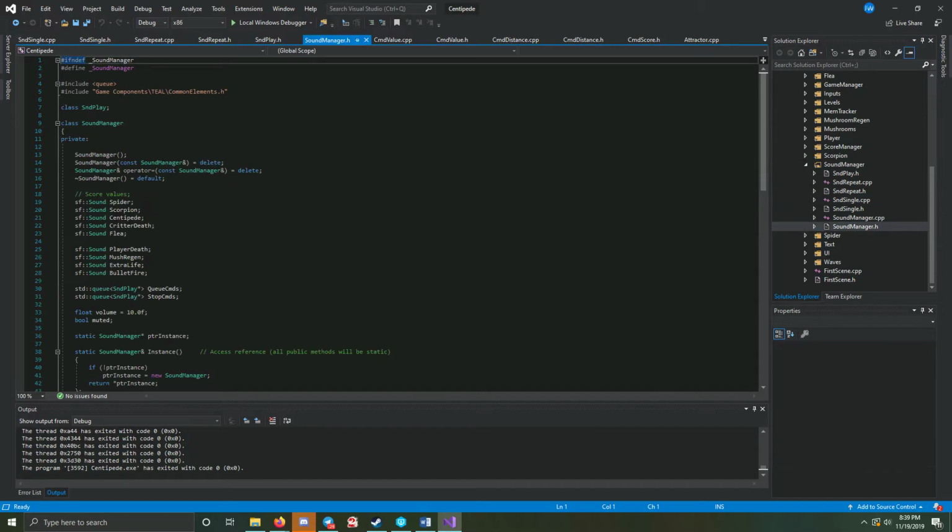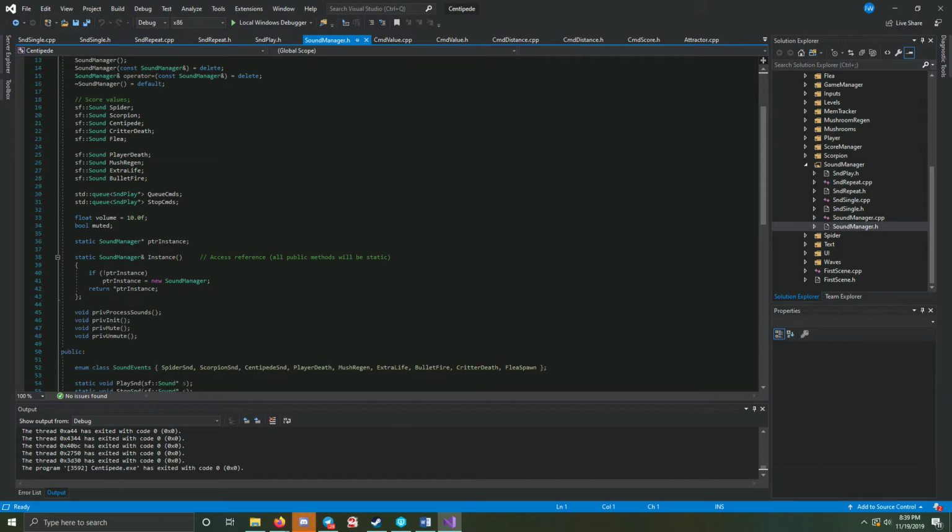Now the sound manager itself. I was not able to use a strategy pattern for the sound manager. My muting is done differently, which I will show very soon. Mute and unmute is there. We have process sounds. We have the volume for to